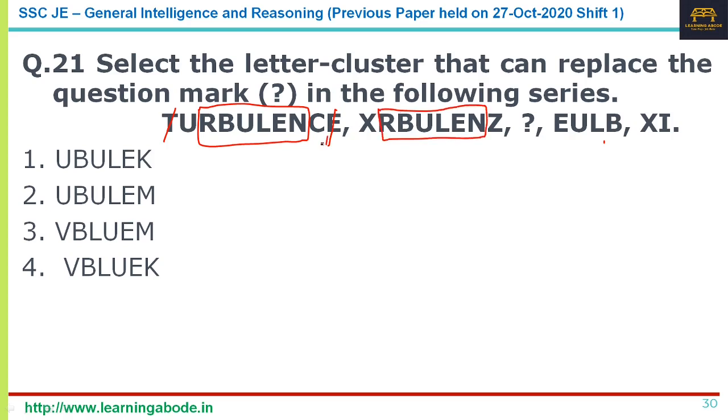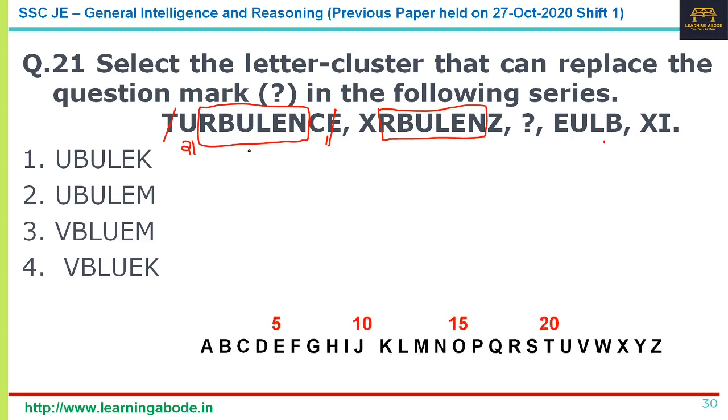Now what is the letter for U? U is 21. And what is X? X is 24. And what is C? C is 3. And what is Z? 26. Now if from C you subtract 3, that is if you go in reverse, C, B, A, then you have Z, and 21 plus 3 is 24. That's the relation, right? So if you go that way, what will happen?